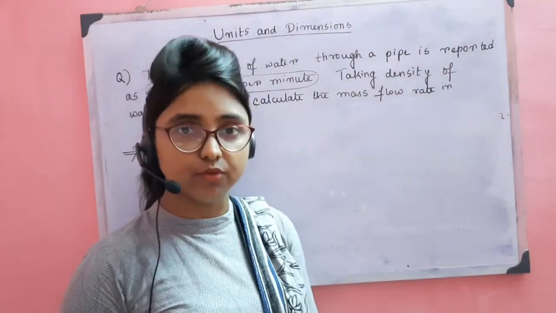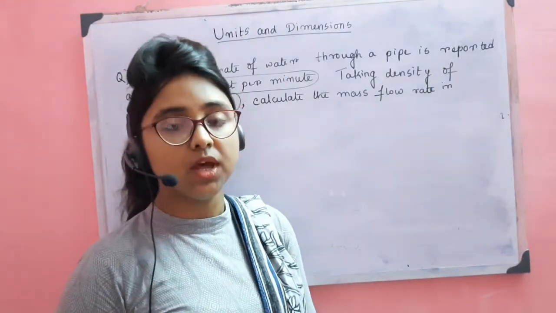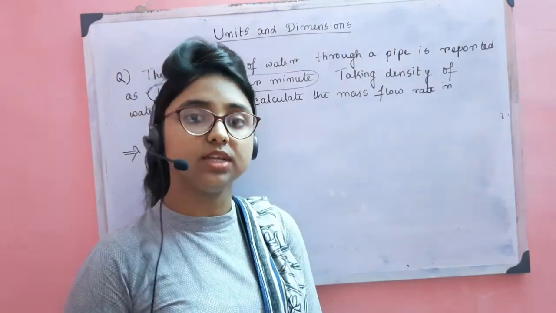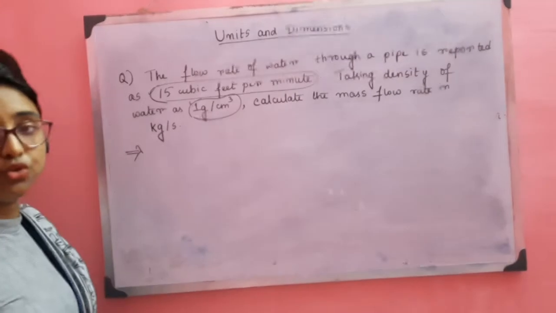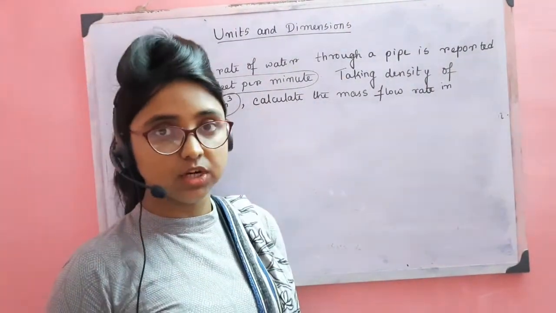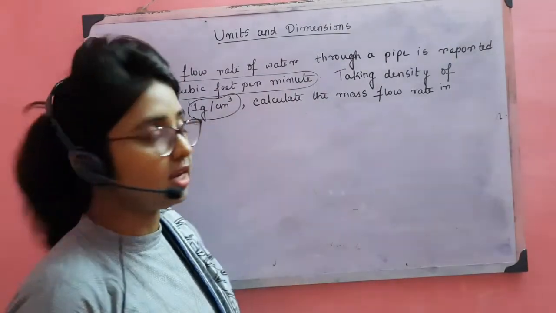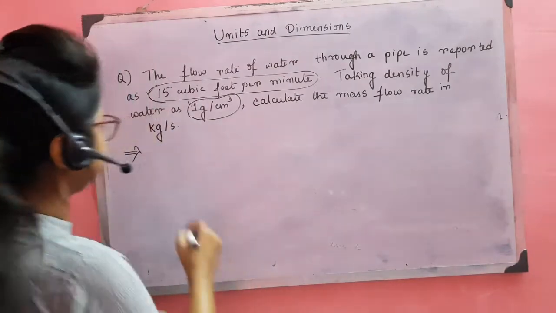rate. Now generally volume we calculate in meter cube or centimeter cube. Now in SI unit we'll be calculating it in meter cube per second, not per minute. So you have to convert the unit from cubic feet to meter cube, and from minute to second. The conversion factor for this conversion is